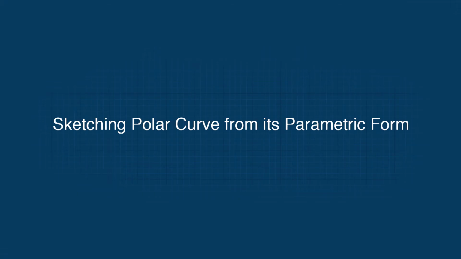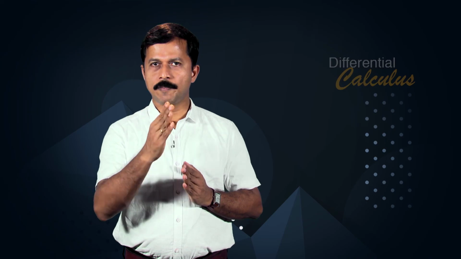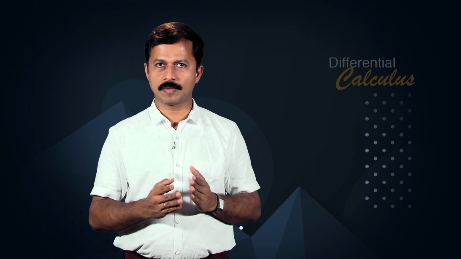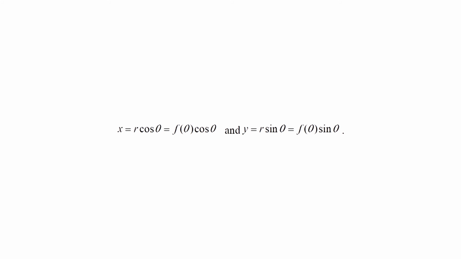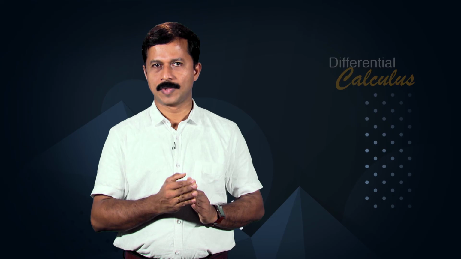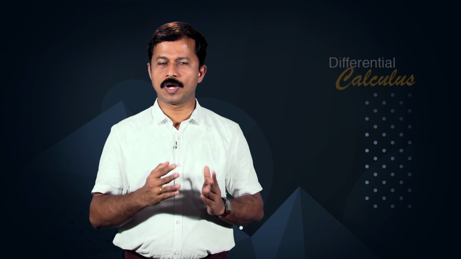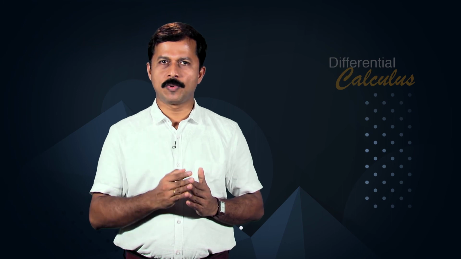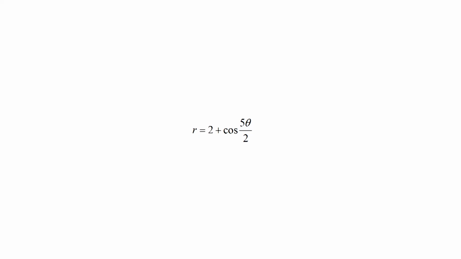We now discuss sketching polar curves from their parametric form. The parametric equations corresponding to r is equal to f of theta are x is equal to r cos theta, which is equal to f of theta cos theta, and y is equal to r sin theta, which is equal to f of theta sin theta. We use this information to graph polar curves. As an example, we draw the polar equation r is equal to 2 plus cos 5 theta by 2 using